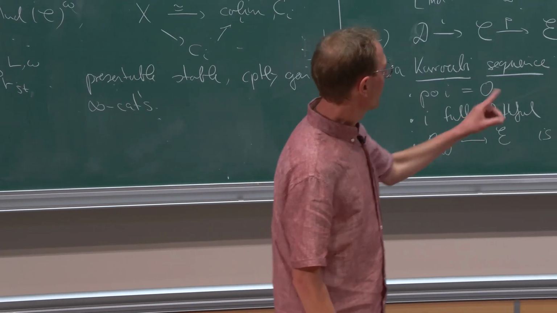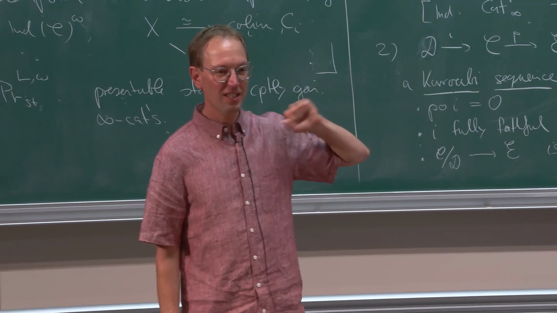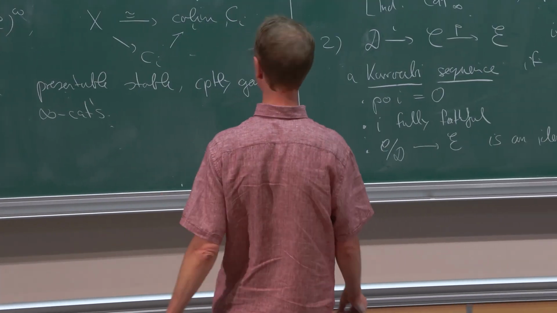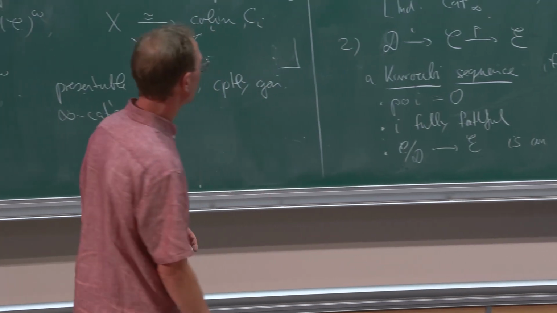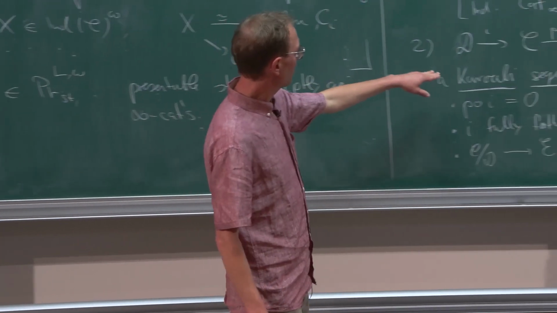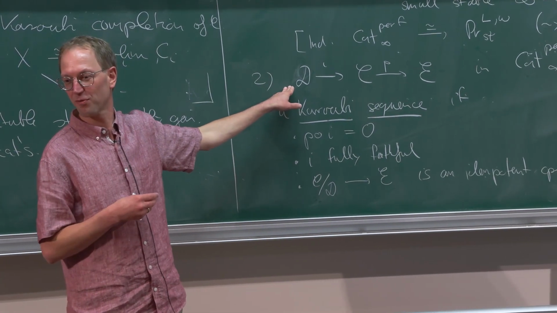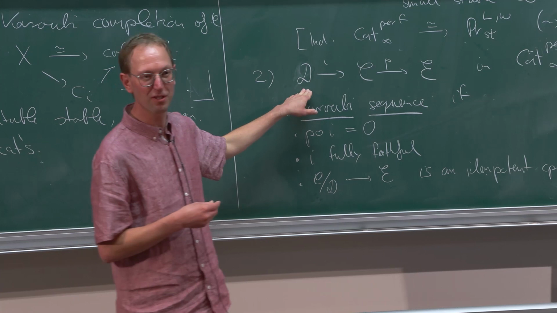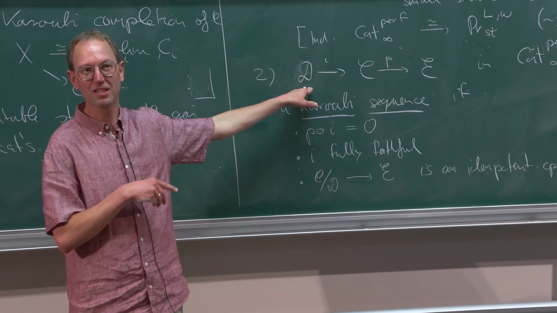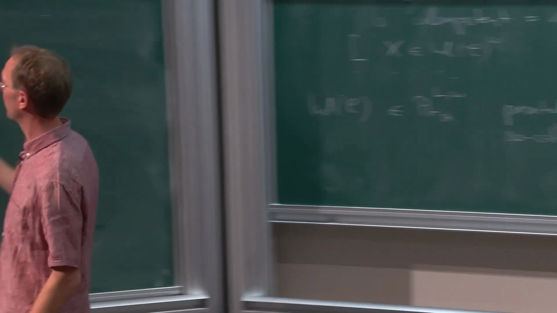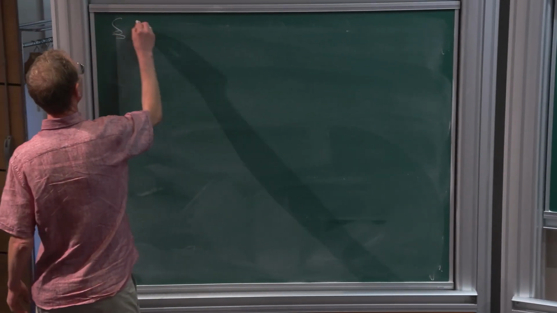Good. Okay. So now I've defined what this is. Now I want to explain how you prove something with it, and there's one tool that you need. We know that for every such Karoubi sequence, we get a fiber sequence of K-theory spectra. This is of course nice, but first of all, we need some of these Karoubi sequences. So the question is how to get them. And that's the classical so-called Thomason-Neeman localization theorem.